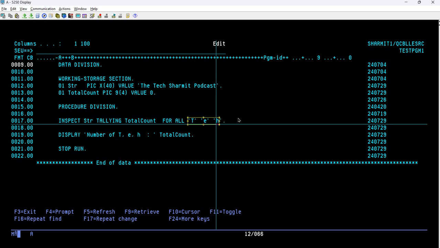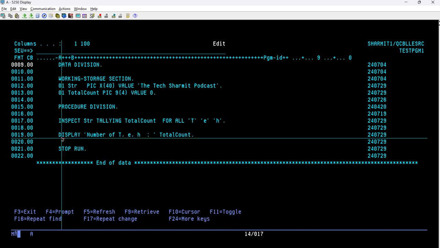This is how we can utilize three characters at a time. We can fetch the count of occurrences of 3 characters. Remember one thing, it will count the occurrences of each character, sum them up, and store it into this total count variable.